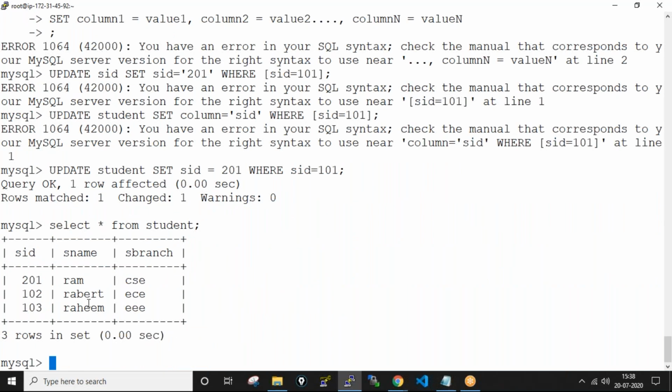So in the same way, you can do the remaining options also. The remaining options are updation, modification, drop, and delete. You can do that also. So any more queries regarding this one?